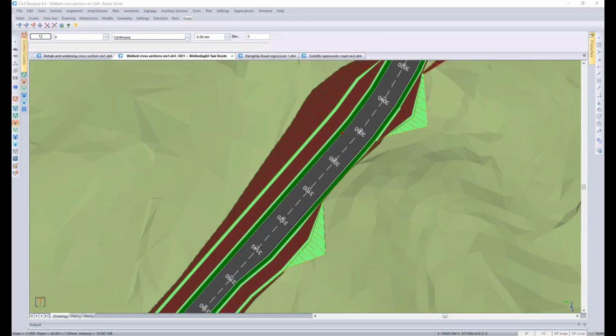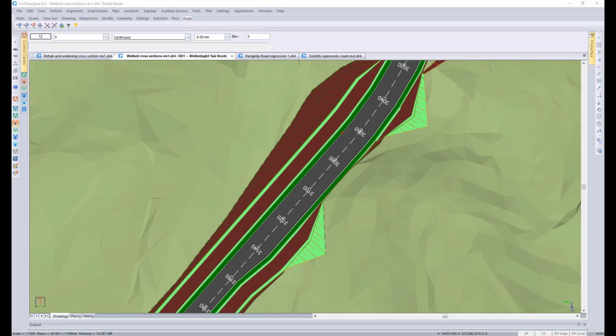Thanks, Charles, and welcome everyone to this month's Open Classroom webinar. In today's webinar, we're going to be looking at the section editing menu in Civil Designer's Roads module. I've had a few clients recently asking me to assist them with very specific road volume calculations. And to get the required result, we had to make use of the road cross-section editing functionality. And I thought it would be a good idea to cover the section editing functions that we use in this